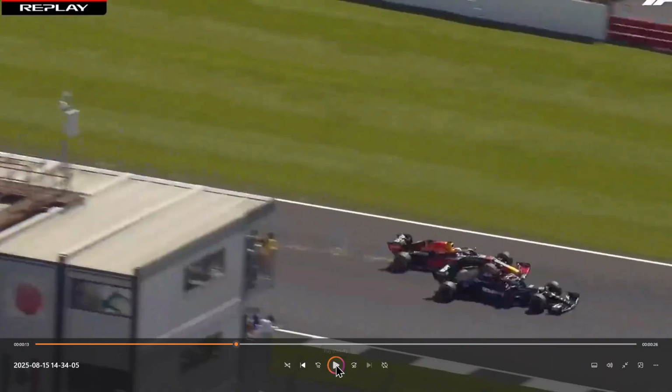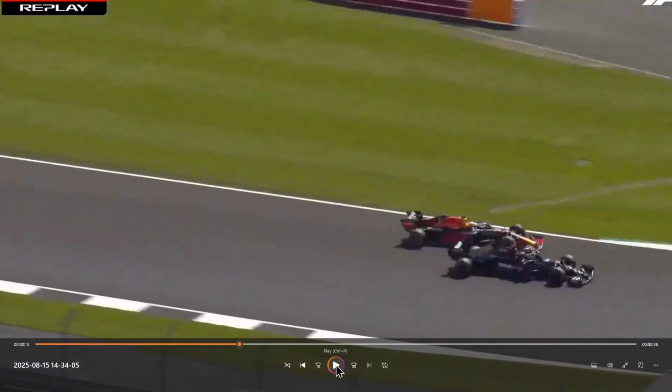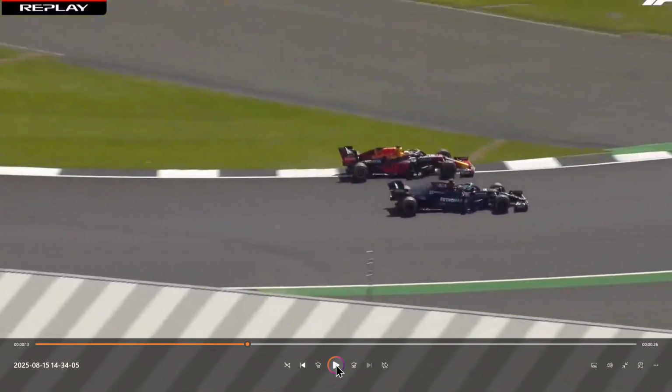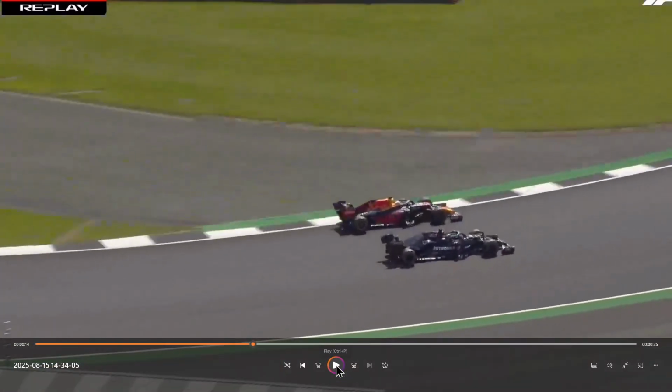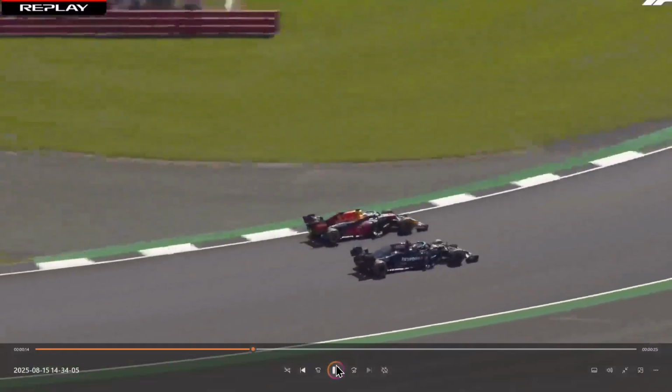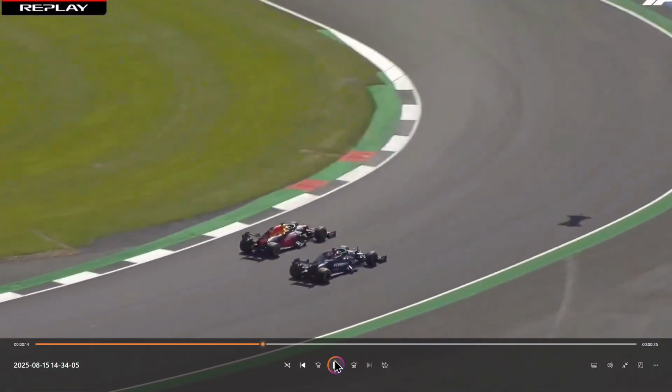He's not yielding because he's uncompromising. He's elbows out. He's argy-bargy. And then Max. Where's Max going? Where's he going there? Now, because obviously Max is on the inside, he's got to take a tighter line. And when you've got to take a tighter line, you've got to slow the car down more to take that tighter line. And that's why Max is now going faster and now has got himself ahead.